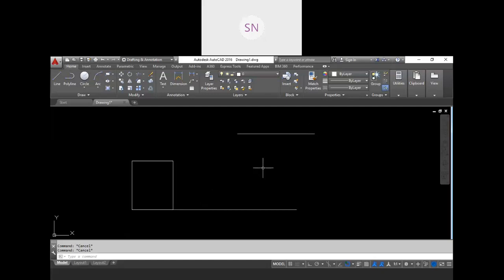Okay, so we have the reference option also. SC, enter, select, enter, base point, then click on reference, then choose 2 points of your object, then choose points and choose 2 points of the new object. So now this line is equal with this line and this rectangle is scaled up with that scale factor.